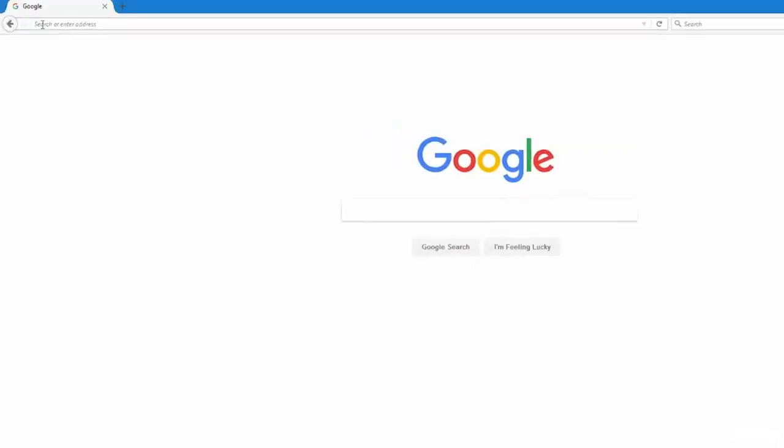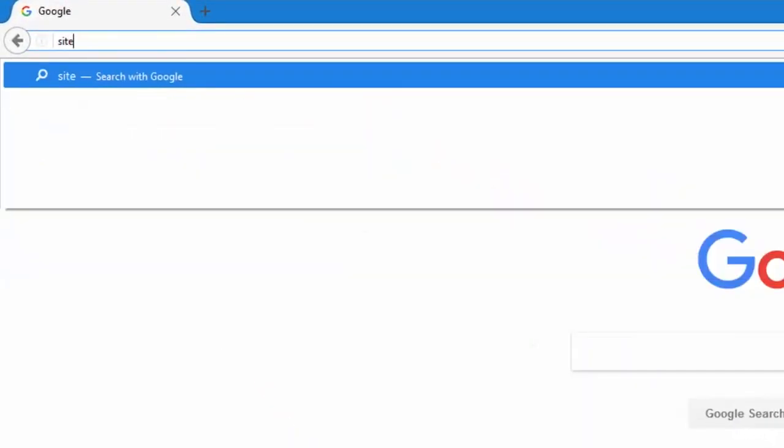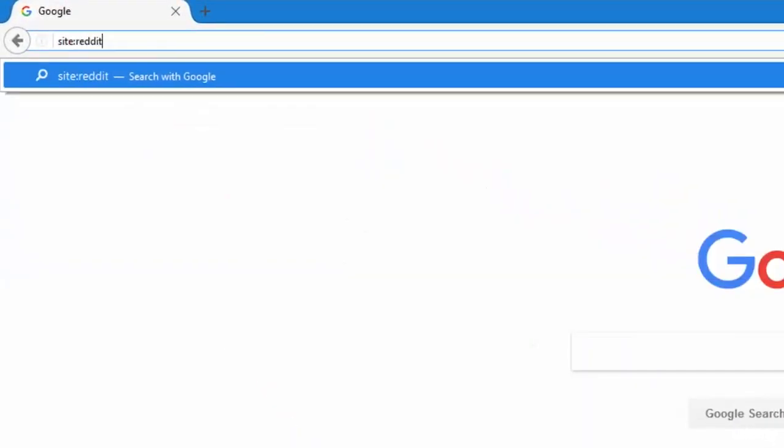Actually, just go to Google. We're gonna use a very basic trick to search Reddit through Google's search engine. So what you do is you just go up to the search box. The first thing you type is site, S-I-T-E, reddit.com. No spaces at all in that. What that means is we say site equals. What we're telling Google is that we don't want you to search the entire internet.